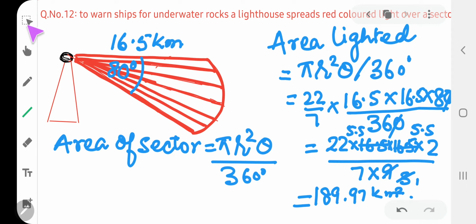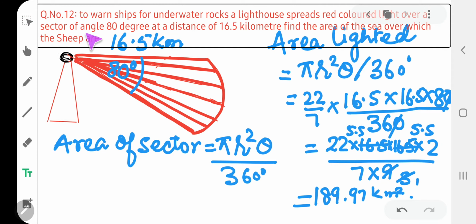In question number 12, he is giving that there is a lighthouse, and to warn ships for underwater rocks, a lighthouse spreads red color light over a sector at an angle of 80 degree at a distance of 16.5 kilometer. Find the area of the sea over which the ships are warned. So children,